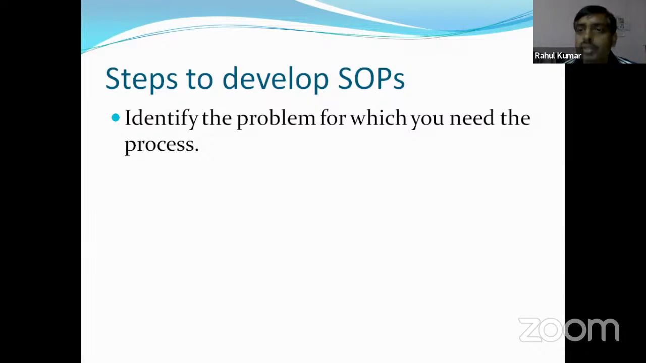तो ये हमें मदद करेगा। Identify the problem for which you need the process. जहां जहां आपको प्रोसेस की नीड लगता है, महसूस होता है कि यहाँ प्रोसेस एक होनी चाहिए, उस चीज को पहले आप फाइंड आउट करो। एंड देयर आफ्टर,